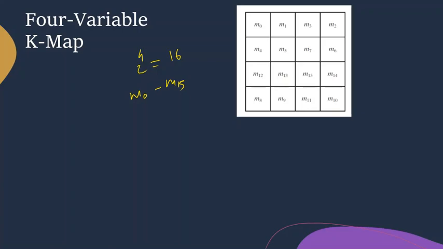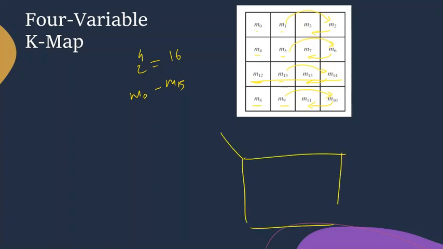one min term, and the min term representation is like 0, 1, and then you have to go to 2 and then 3, 4, 5, 6, and then 7. And here you have to skip this entire row. You will go M8, 9, again from here 10, and then 11, and then you will go to the third row here 12, 13, again skip this, 14 and then 15. Okay, so you have to try and remember this particular box setting, which box represents which min term. There is a flow to it, and this is how the flow goes.